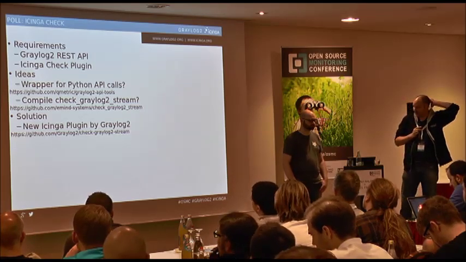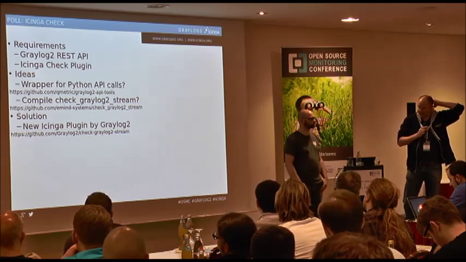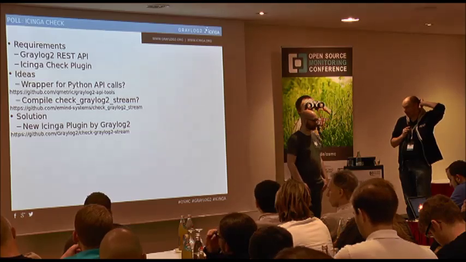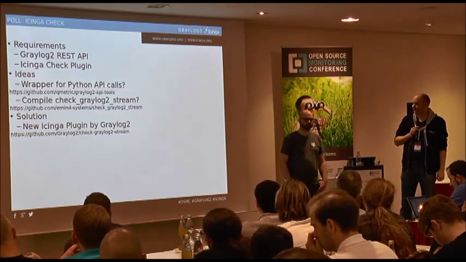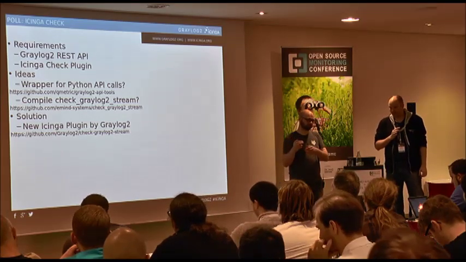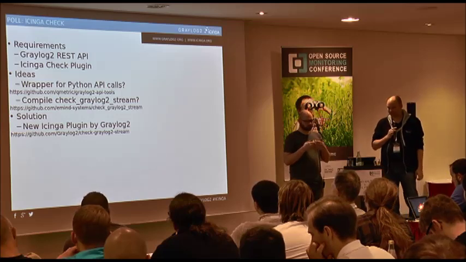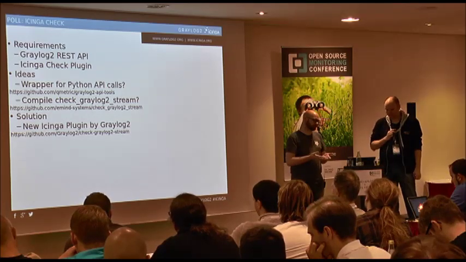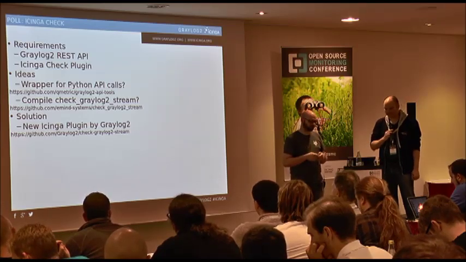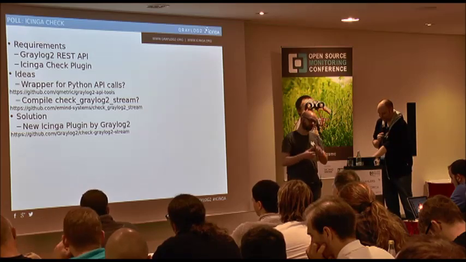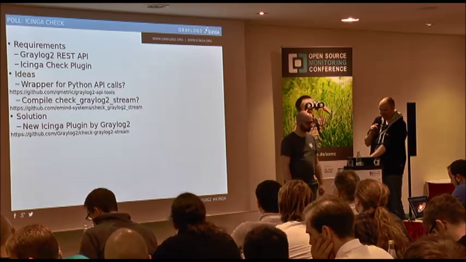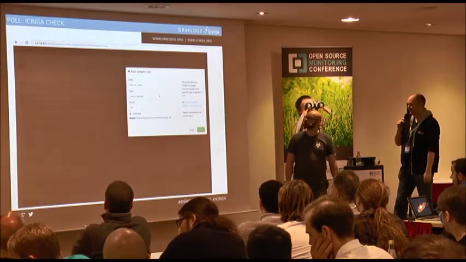The idea was, well, can we do that? And actually, Marius Sturm wrote a new check plugin in 3 days. It's a really simple check plugin for Icinga, which basically just checks the stream APIs if there have been any alerts in streams. I will show you later what streams mean. You can have alerts in them, and this plugin just checks the REST API of Graylog2, and then Icinga knows, okay, for this stream of logs, for this type of log, there have been that many alerts. I think the next slide is actually a screenshot.